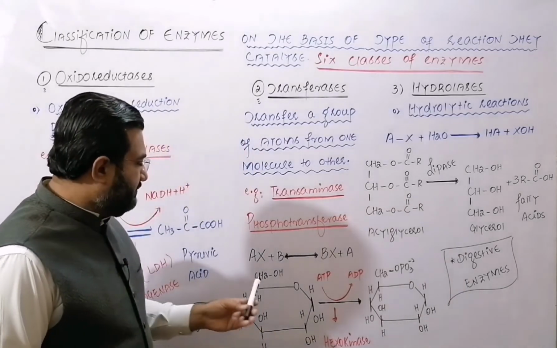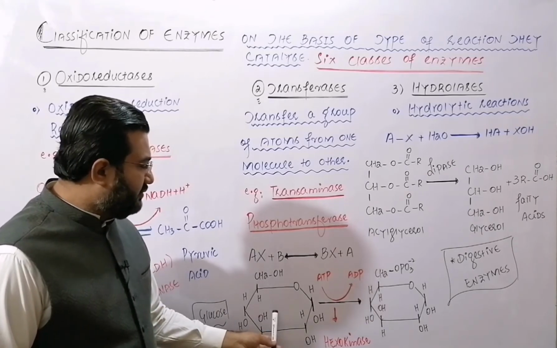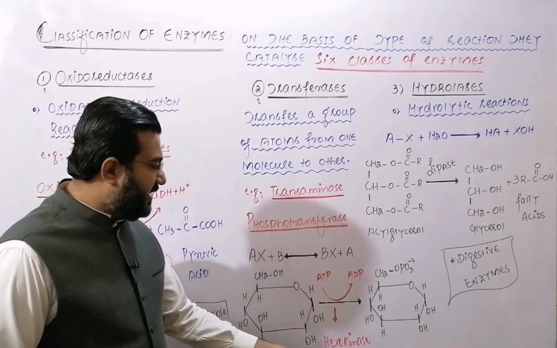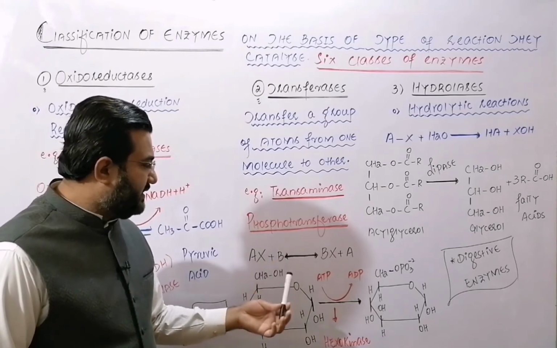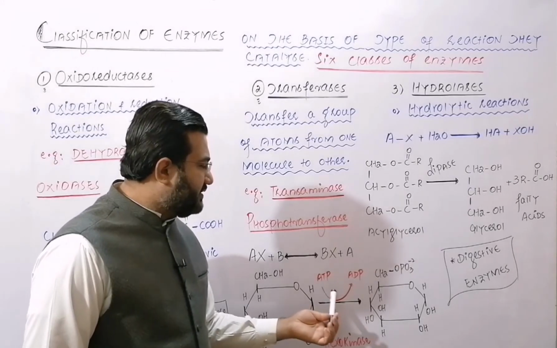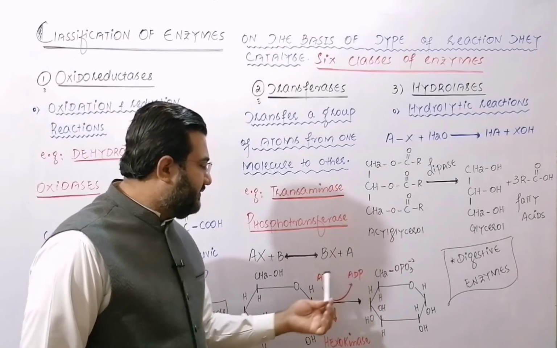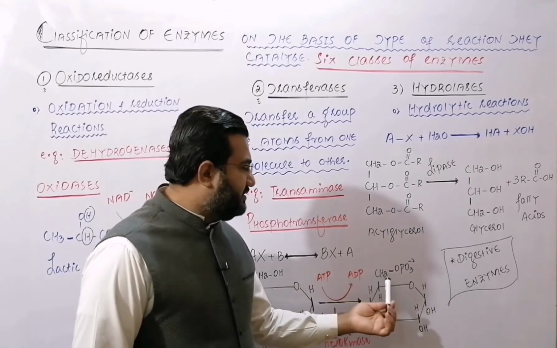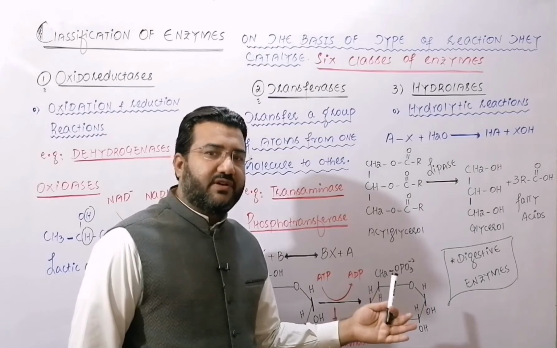A very famous example is the enzyme hexokinase, which adds a phosphate group to the glucose. This is the structure of the glucose, and there is an enzyme hexokinase. Hexokinase belongs to the group of the phosphotransferases, and it converts an ATP molecule, adenosine triphosphate, to adenosine diphosphate, and the phosphate group removed from this conversion is added to the carbon of the glucose, and the glucose is changed to glucose 6 phosphate. This is carbon number 6 of the glucose to which the phosphate group is added.